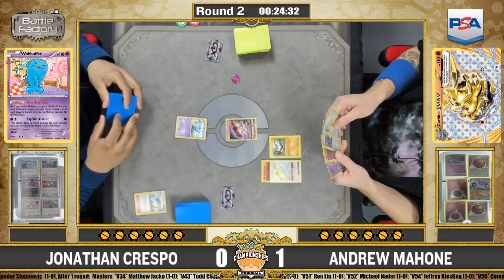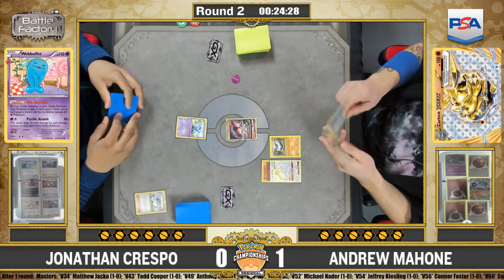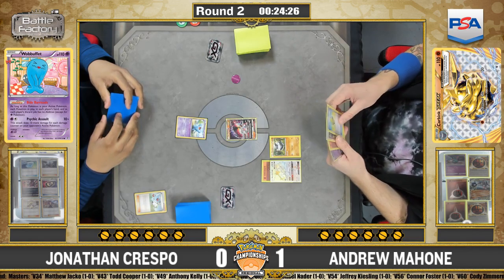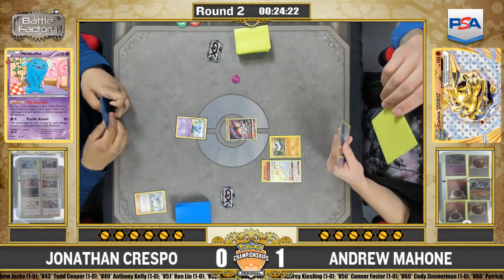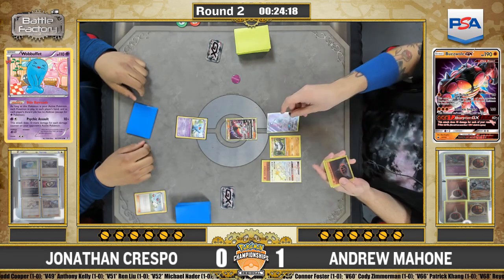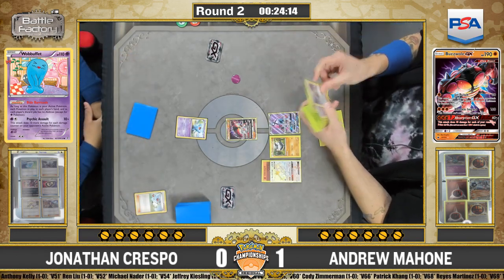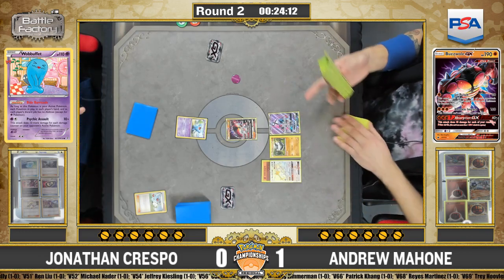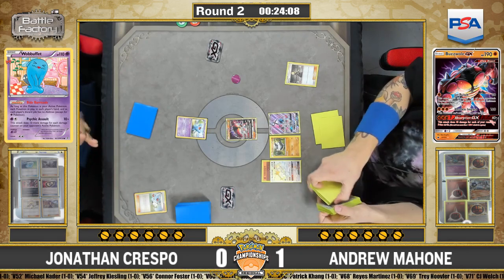He may end up wanting to hold it just because timing is pretty important in this matchup. You attach your energies and everything, and he hasn't searched his deck yet, so he doesn't know how few energy he has actually in his deck. And being that he has 2 of his basic fighting in his hand, 2 of them in his prizes, there's only 5 basic fighting in his deck that he's going to be able to even get off that Max Elixir. I'm wondering if Mahone's going to take his time to check his prize card. He does not. So he's...